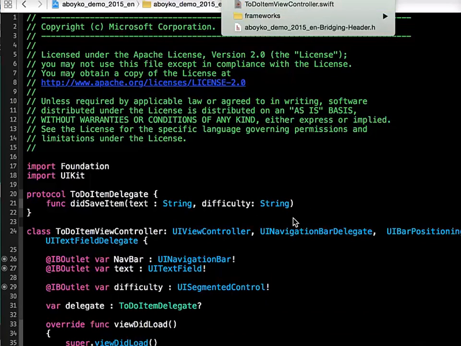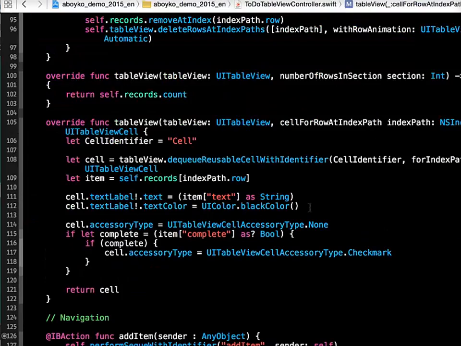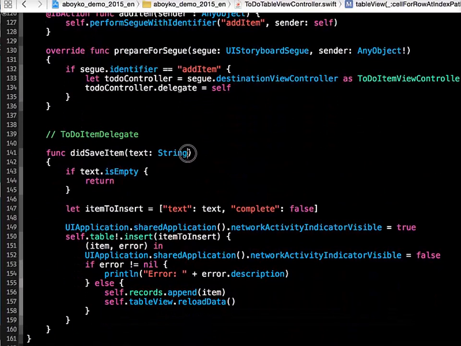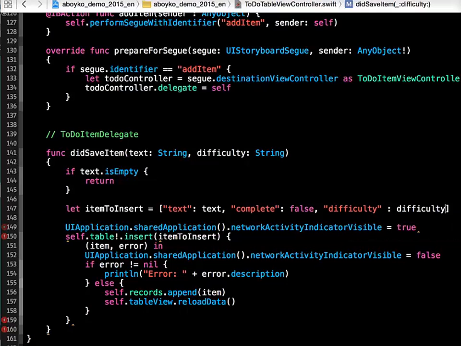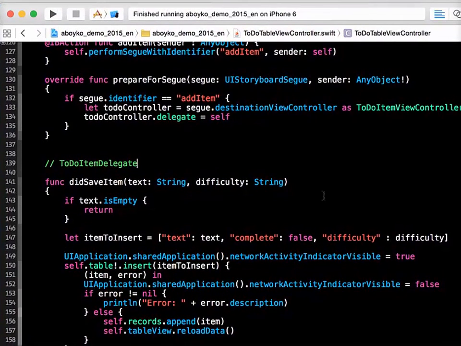Go back to our table view controller. And here we have our delegate. Yeah, string. Of course, it's a string. So we're just gonna add this key value pair to our dictionary. Gonna say it's difficulty, and it's our element here. Okay, let's run it. If I did everything right,